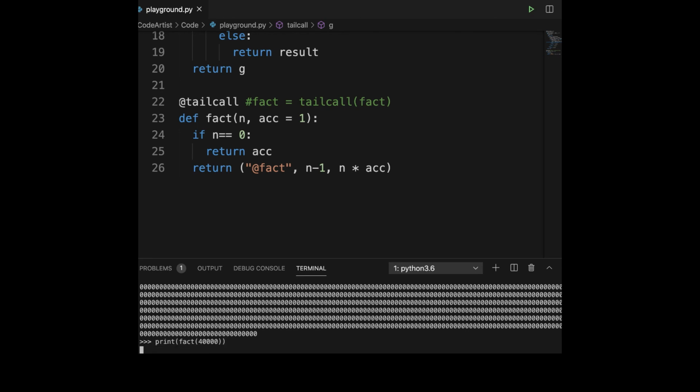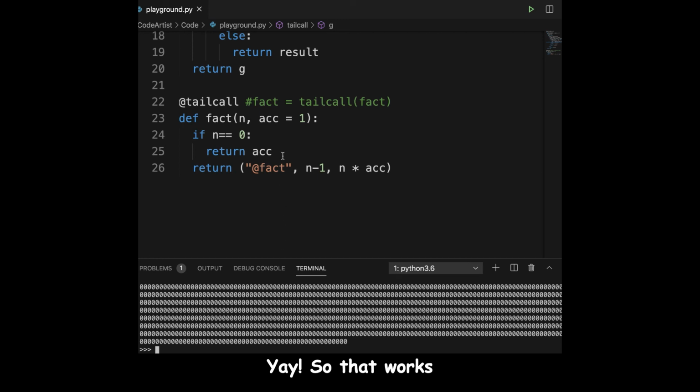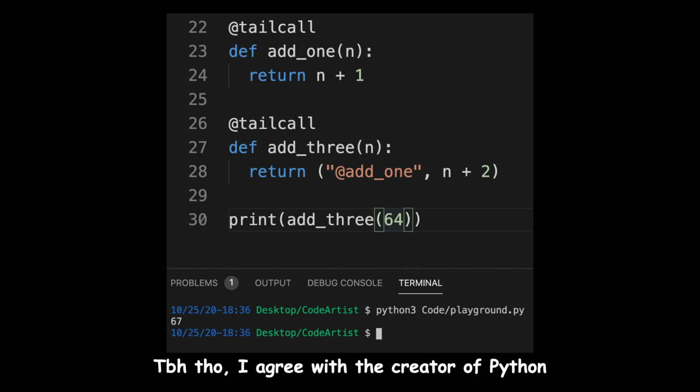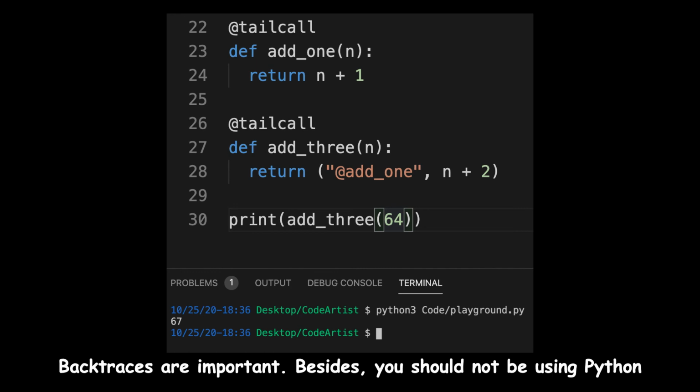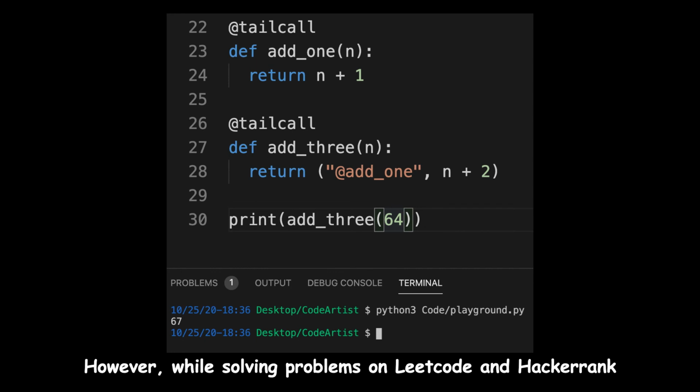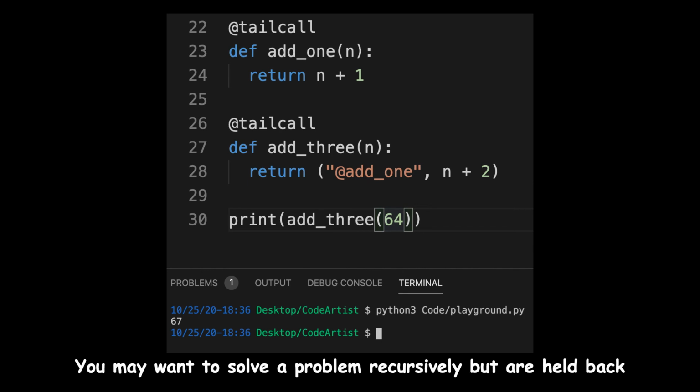Yay, so that works. And we should be able to make it work for any kind of tail call. To be honest though, I agree with the creator of Python. Backtraces are important, but besides you should not be using Python in the first place if memory optimization is so important to you. However, while solving problems on LeetCode and HackerRank, you may want to solve a problem recursively, but